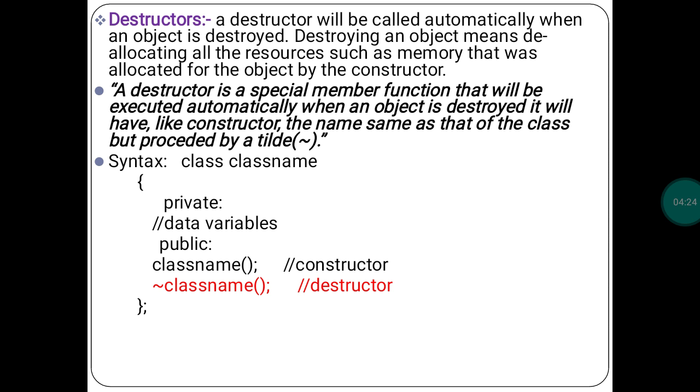If you have used the constructors, then you can use the destructors. Close the braces with a semicolon, which means the class is closed. If you have declared the constructors, you can use the destructors. If you did not use the constructors, you are not able to use the destructors, because only if you allocated something can you deallocate it. Got it? So this is our definition and syntax.